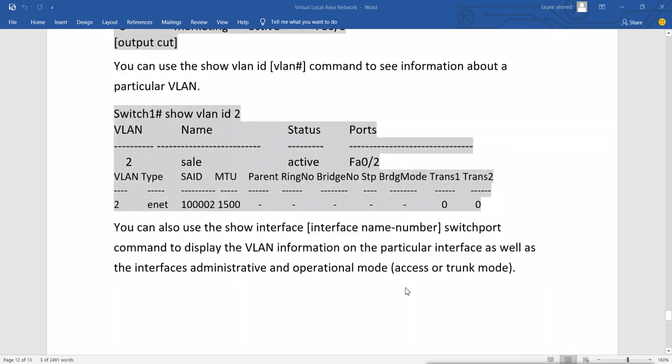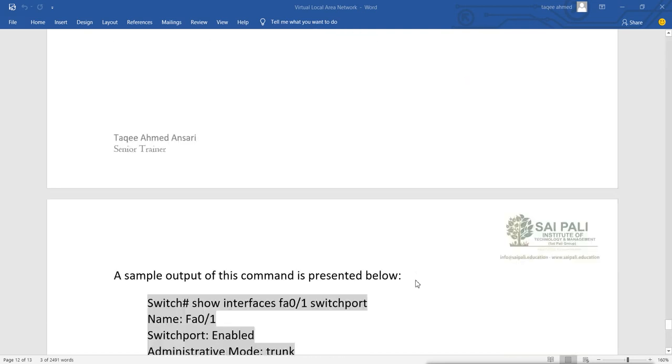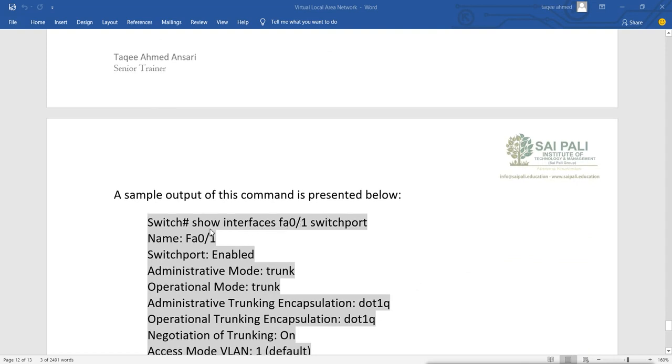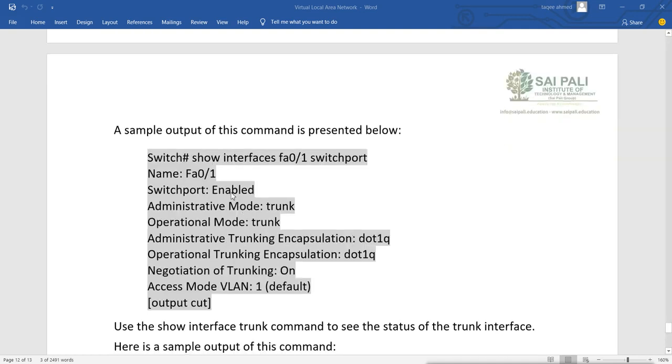You can also use the show interface, interface number, switchport command to display the VLAN information on the particular interface, as well as the interface administrative and operational mode, like access or trunk. We use the show interface command, then the name and number of the port, with the switchport command to get the information about that particular port.